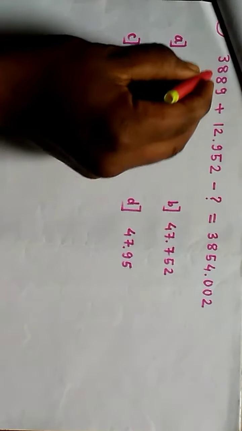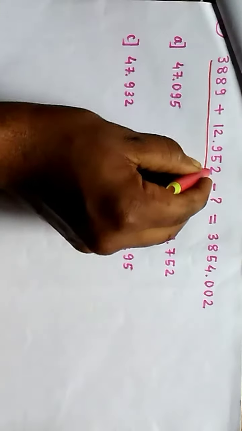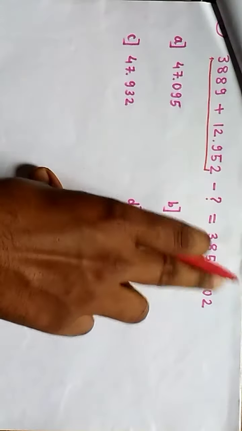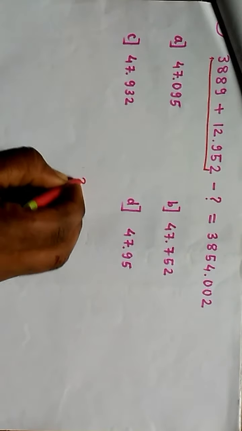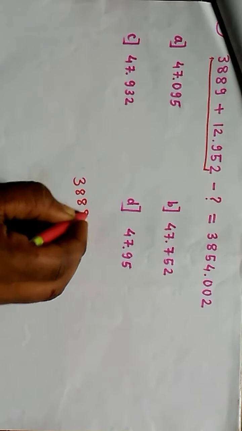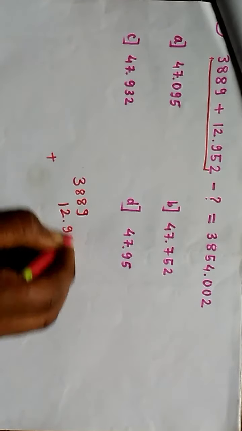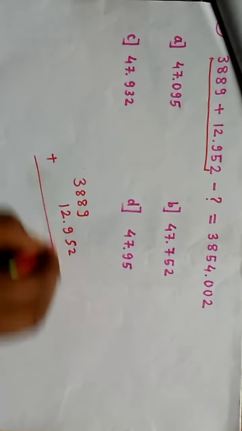Next, the addition of this. Okay, so for this we add both and subtract this from this number, then we get the number. So 3889 plus 12952, this is the addition. I can write